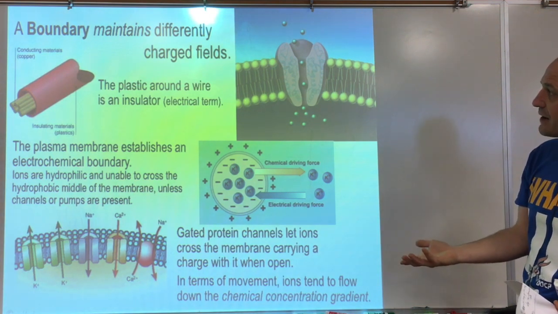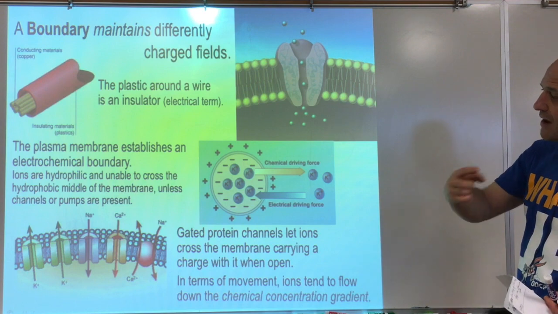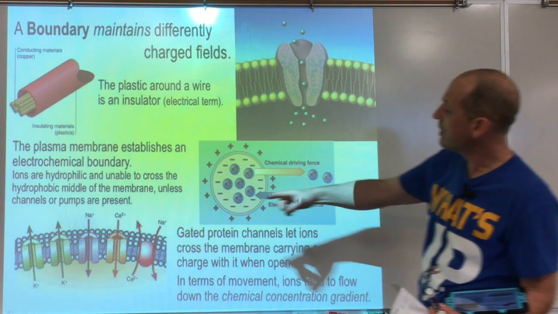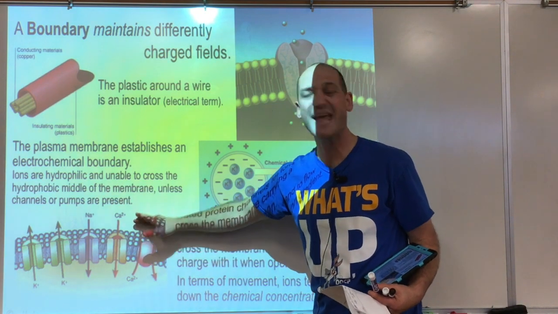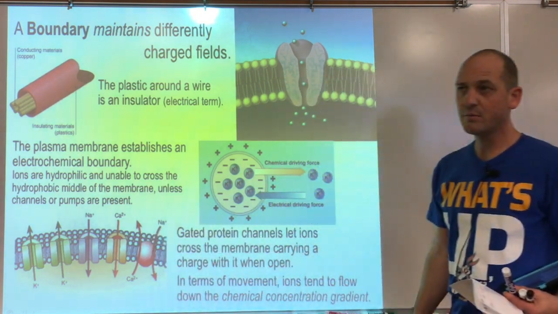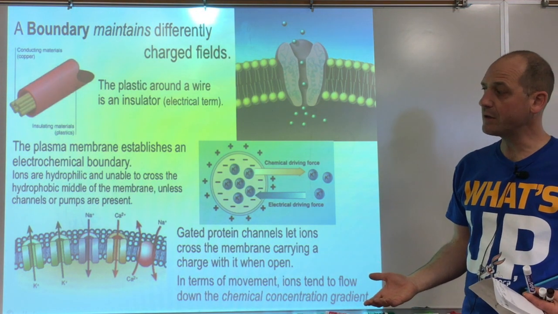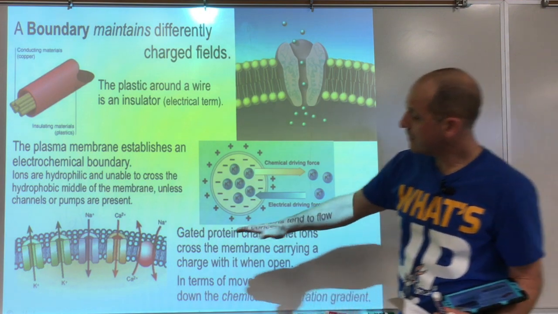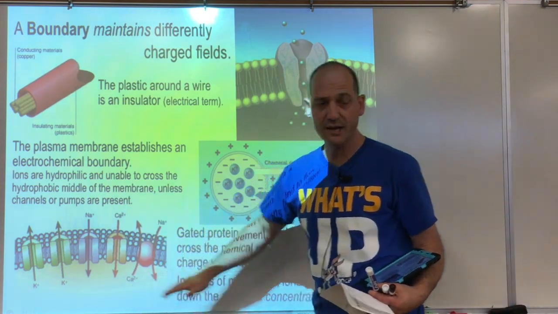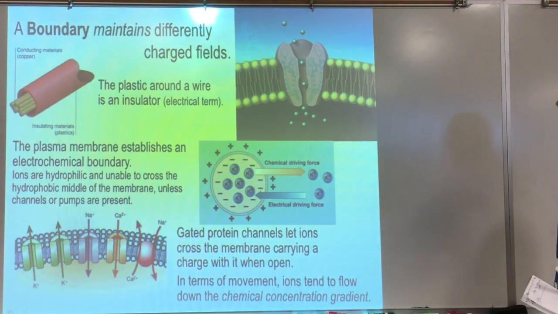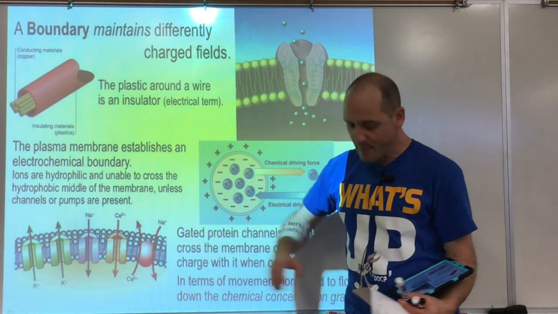So it's perfect. The wire, the axon, that long extension, is a wire, and around it we have that fat layer that separates the ions from the inside and the outside. They cannot penetrate. Water cannot go through fat. So the hydrophobic layer lets the hydrophilic ions be either on the inside or on the outside. And so now what we're going to do, we're going to establish